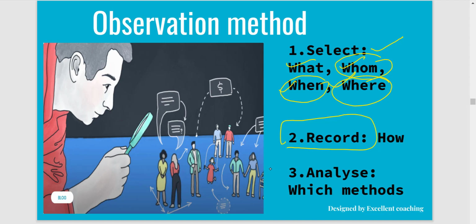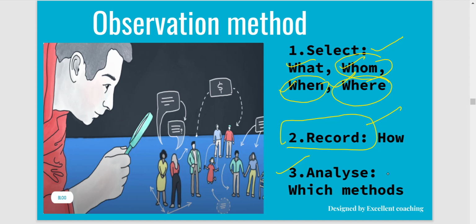The third step is the analysis. So what will you do in the analysis? You will analyze your observations, whatever you have recorded, because those observations are very important. So it is very important that you record your observations very carefully, because when you are analyzing them, they should be very clearly noted down, so that you can find out your purpose, or whatever you aimed at, and reach those conclusions through your observation method.